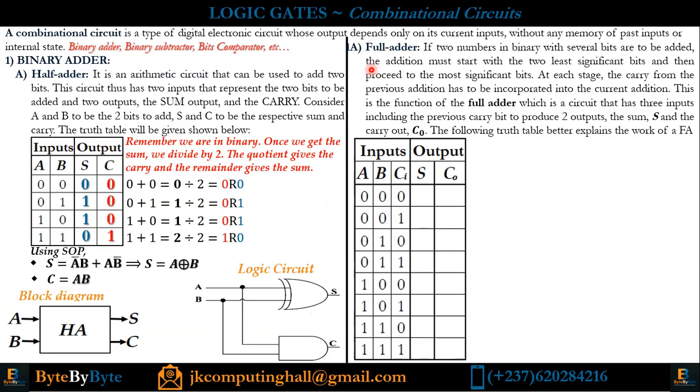That's our truth table. We have our input A, B, Ci. We have our output S, Co. Good. Now, remember, we are in binary. And since we have 3 bits, the maximum number we can have, because for a number having 3 digits in binary, the maximum is 3. Yes, the maximum that you can have is 3.